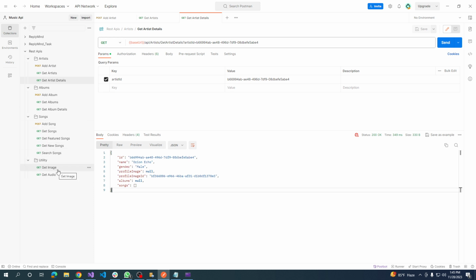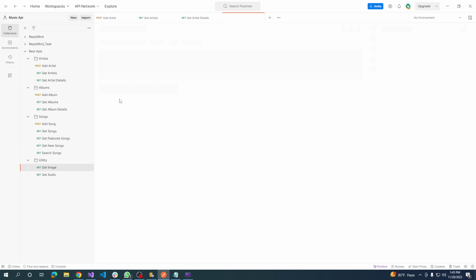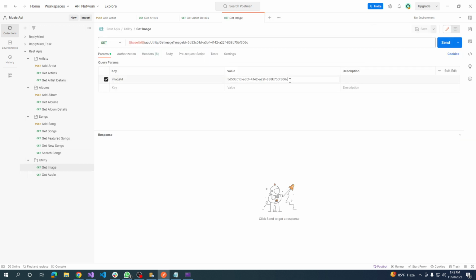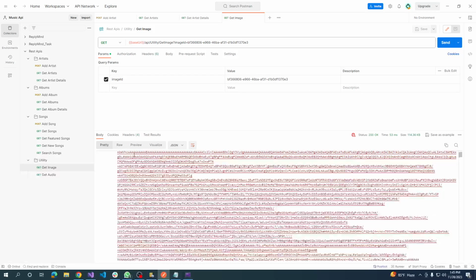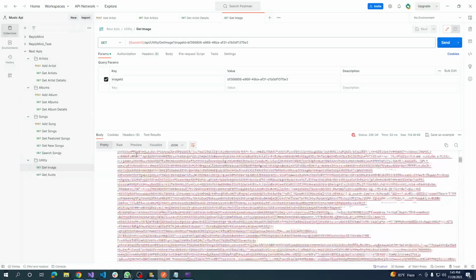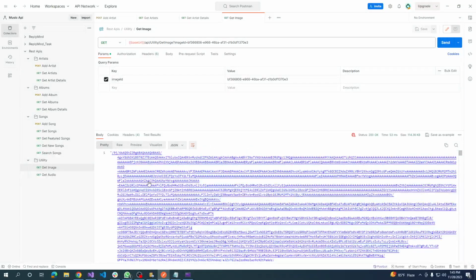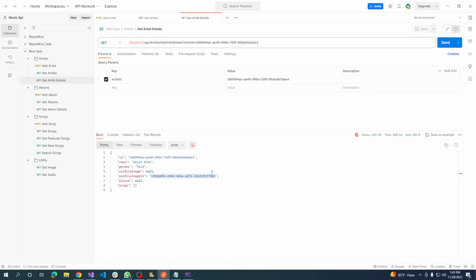So this is an image. In order to get this image, I have prepared a dedicated endpoint. So as a response, we get this byte stream, and on the client side, this byte stream could be used to derive the actual image. All right,